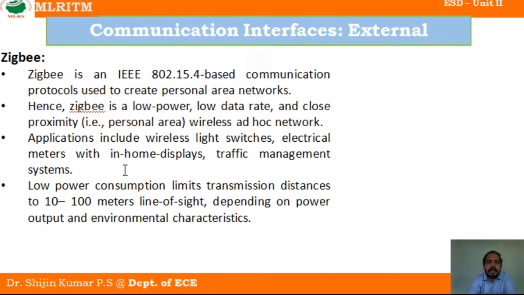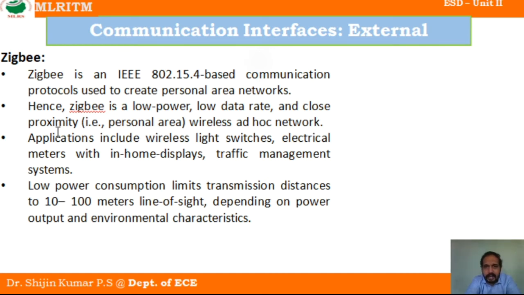Next is Zigbee. Zigbee is another protocol, so it is also used for creating a personal area network. We can create a personal area network without the interference of wires. Normally, how do we connect a company's systems? We use LAN connectors, right? Without using LAN connectors, we can simply use Zigbee technology or Wi-Fi technology to interconnect the devices,